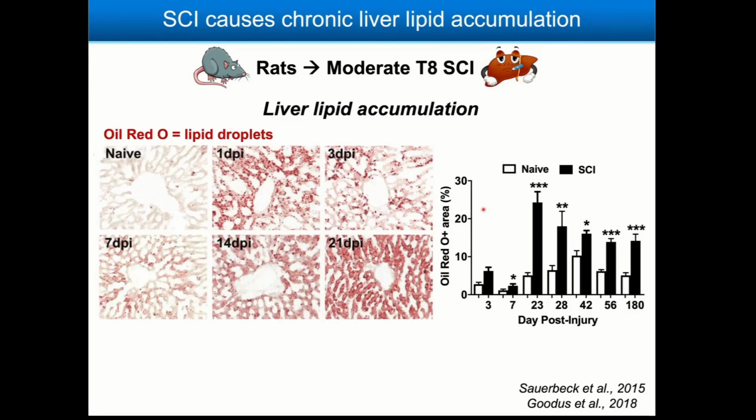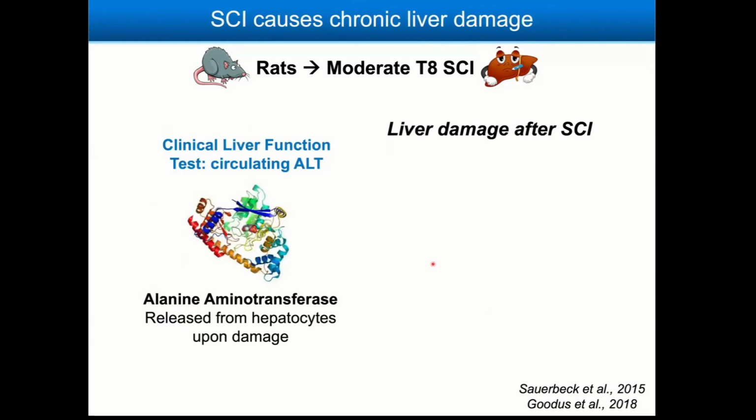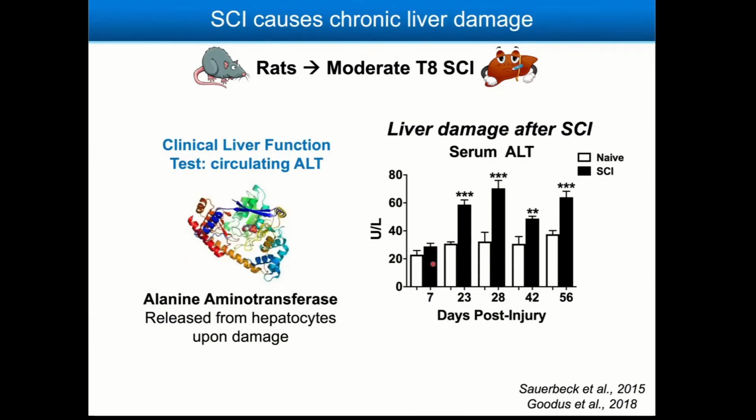The liver, one of its functions is to store lipids in the body, and you can see in this naive animal, oil red O labeling, which labels lipid droplets, you can see some lipid droplets as you would expect. But after injury, these seem to be significantly increased. And this is relevant because elevated lipids can become cytotoxic and damage the nearby hepatocytes, especially if they're present in a situation of inflammation. And to see if we are having liver damage, we looked for serum ALT